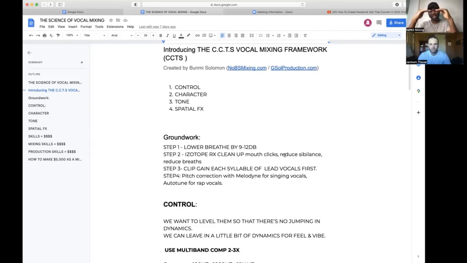When we get to the practical, I'm going to show you what I mean. When your sibilance is this big and your consonant on your vocal, they're the same height, that's going to be a problem. So what I do is I manually bring down the sibilants. The sibilants are the S's and the F's, all those. Just turn them down manually.